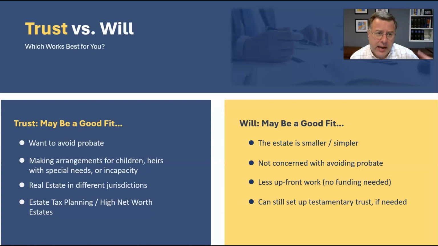Likewise, if one of our heirs, somebody in our estate plan, has special needs, there are certain concerns there because receiving a large inheritance can impact resource-based public benefits like SSI or Medicaid. So sometimes if that's a concern, we may need to set up a special kind of trust called a special needs trust so that the money that we're giving this person doesn't negatively impact their government benefits.